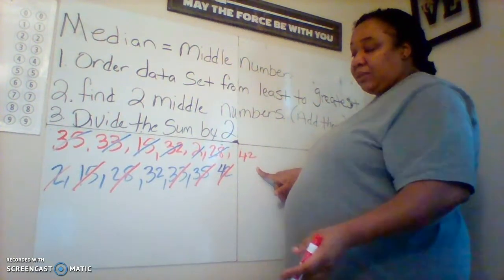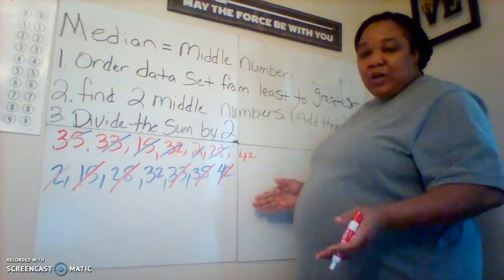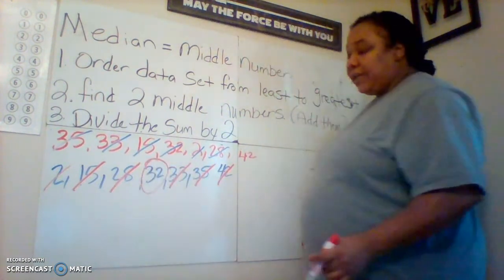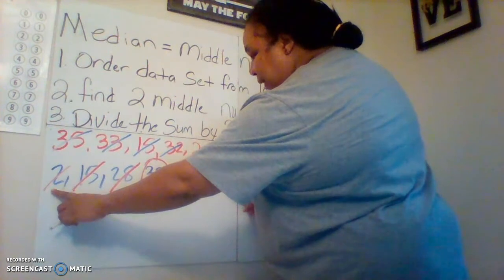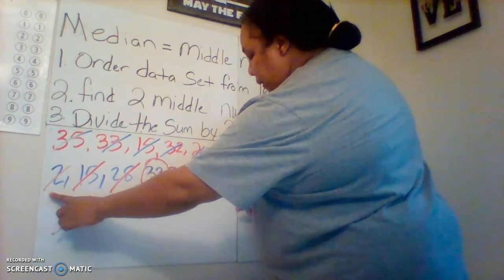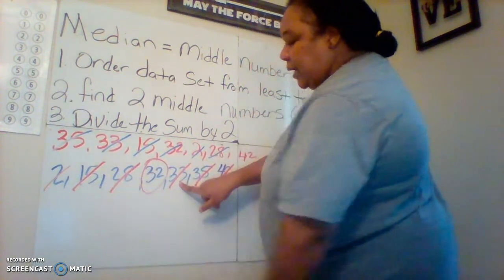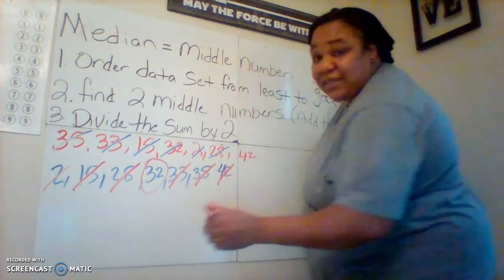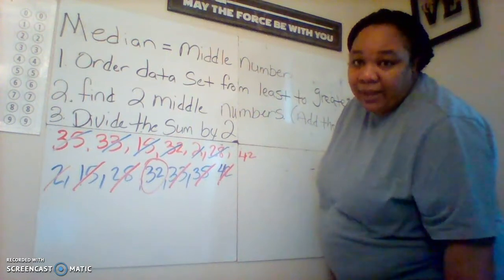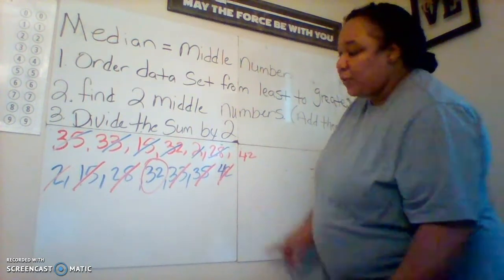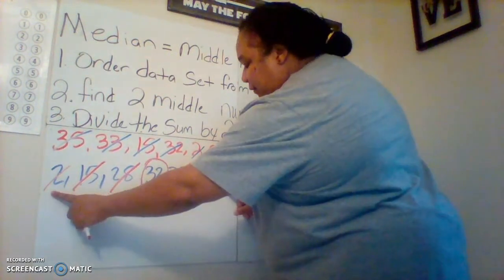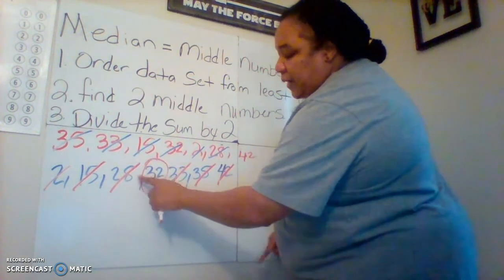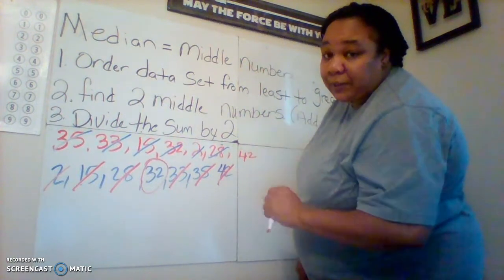Now, but on this one, I don't have two middle numbers. I just have one middle number. Because I have to make sure when I cancel out, they have to be evenly canceled out. 1, 2, 3. And my median is 32. So, this one, I didn't have to use any kind of math to do it. I need you guys to remember, when you're canceling out numbers, it has to be evenly canceled out. 1, 2, 3. And then your last middle number, sometimes you will have just only one number in the middle,